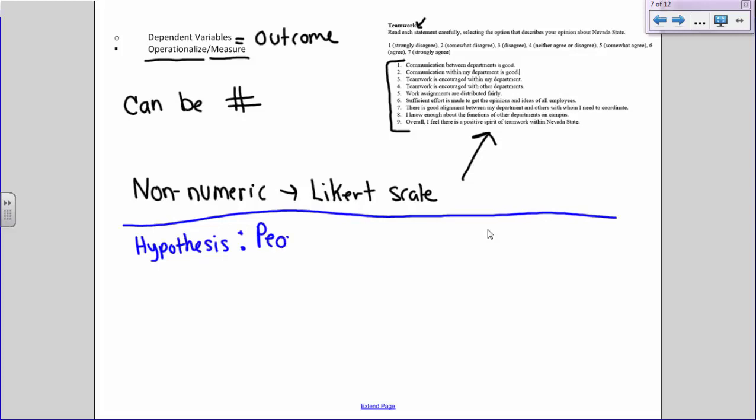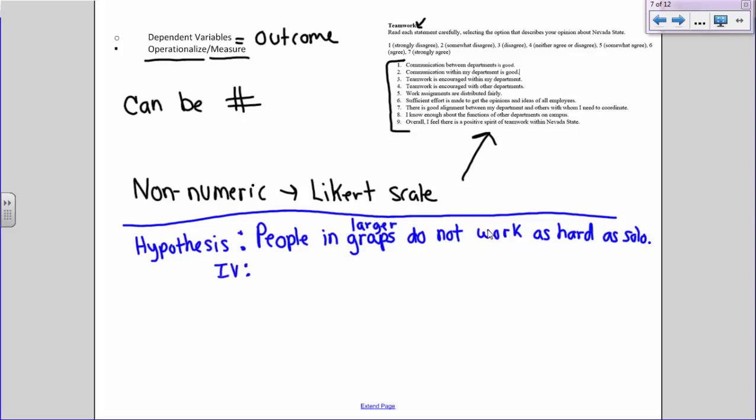So people in groups do not work as hard as people who are solo. And we could even say people in larger groups. Okay, so for this hypothesis, we could do a study,